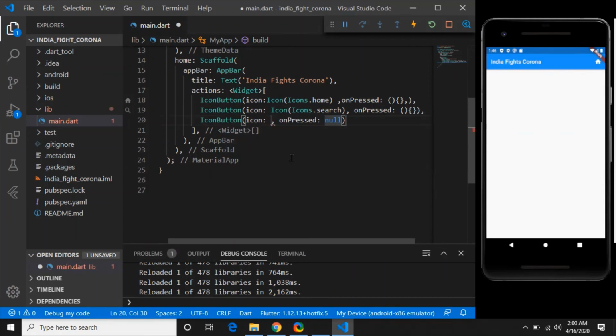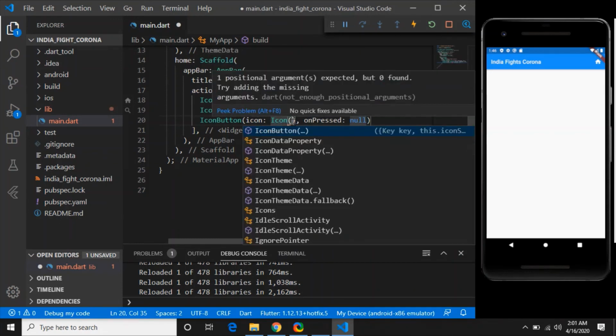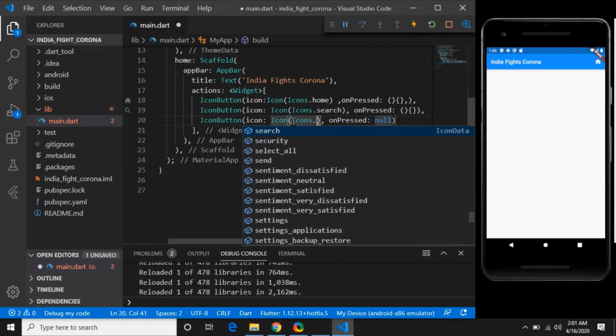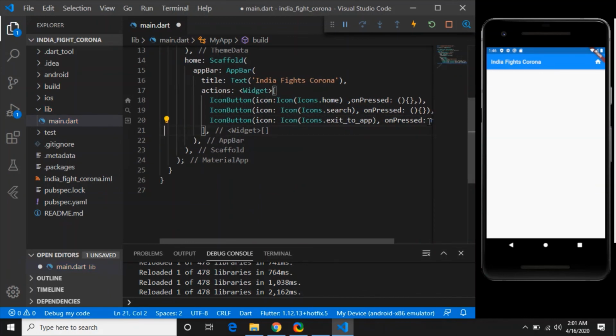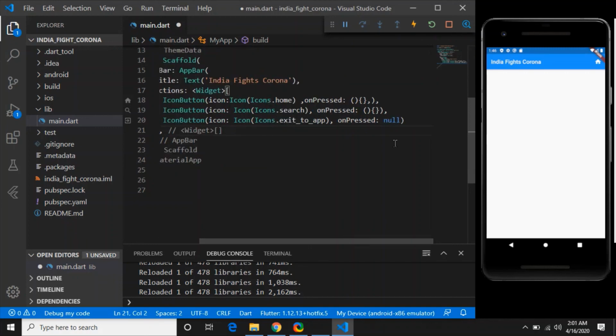This Icon is a class and these Icons are the icons available for use in Flutter. So I will have Icons dot exit to app, and onPressed will be null, or we can have an empty function. Give the comma, and if I save this, you can see the effect. You got all these three icons: home, search, and exit to app. So this was all about icon buttons and the app bar.